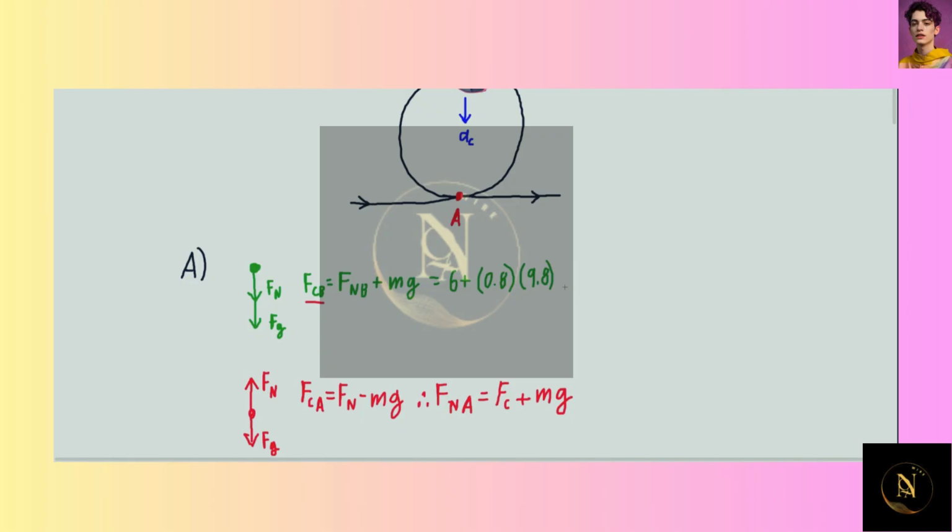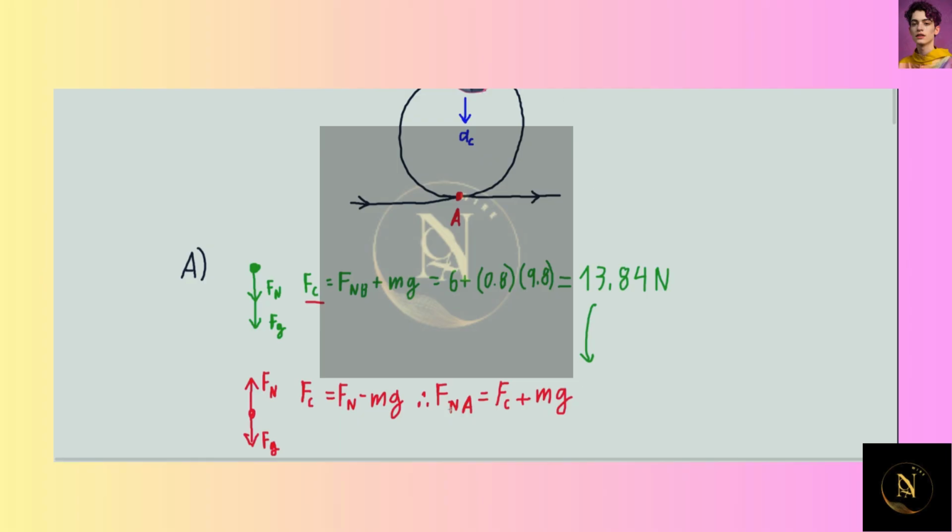So let's use a calculator to find the centripetal force. And that gives us 13.84 newtons. Now let's get rid of these subscripts because we just said that the centripetal force has to be the same. So now we have to bring this value down here